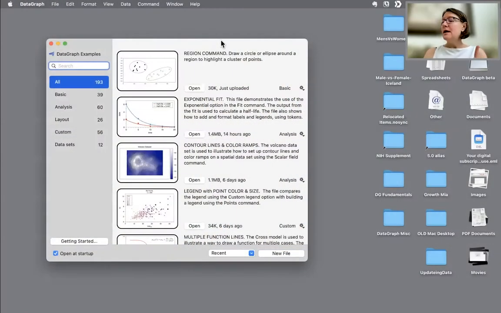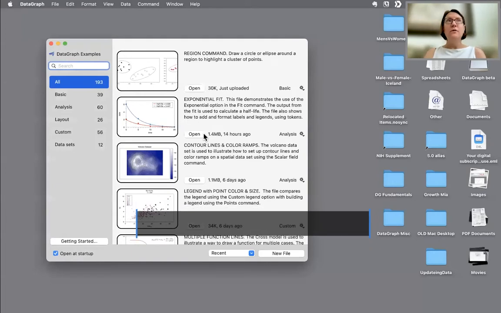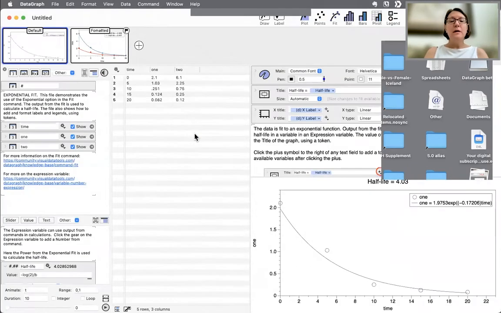First thing we'll talk about is the fit command. Again, briefly, we're not going to go into too much detail. The other webinar that we did went into a lot more detail on various ways that we added the function library and how there's a new evaluate option that you can use with both the fit and function commands. But what I just want to point out for those of you who haven't seen that, there's also a new example file for exponential fit that we just added. So if you want to open that up just quickly,